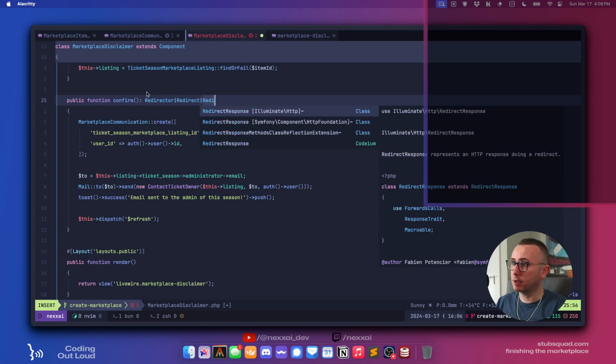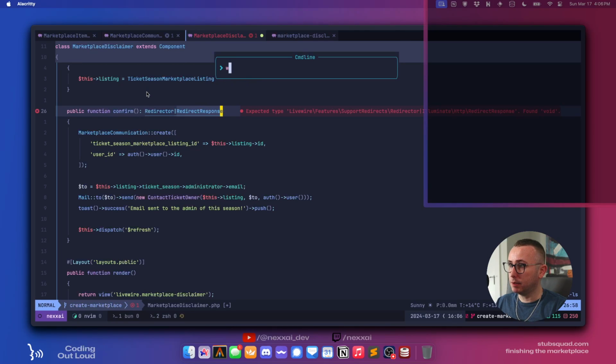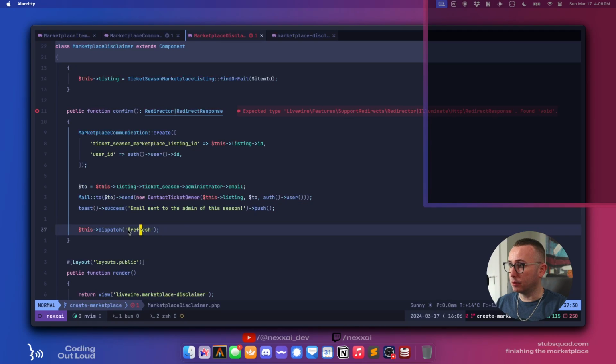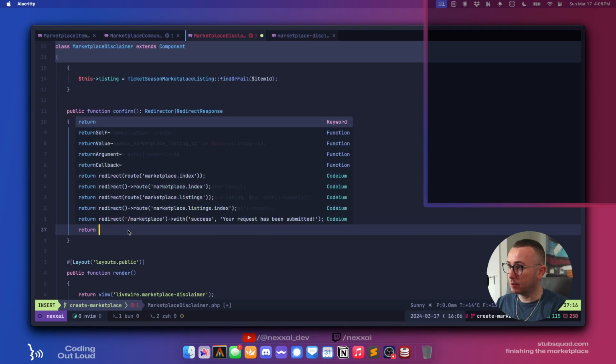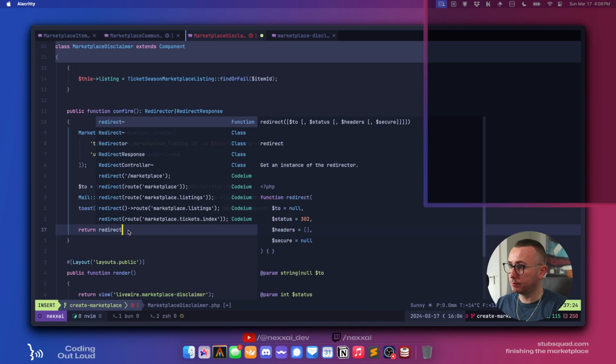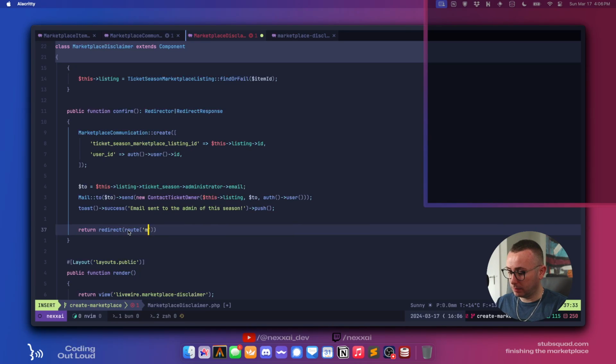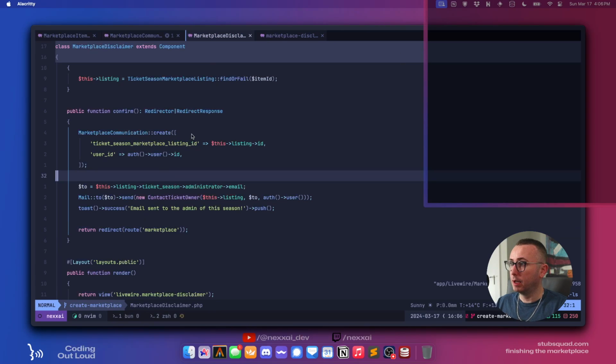Of course, it's not going to do the auto import. Redirect response, yep. And so we're going to return a redirect to the marketplace.